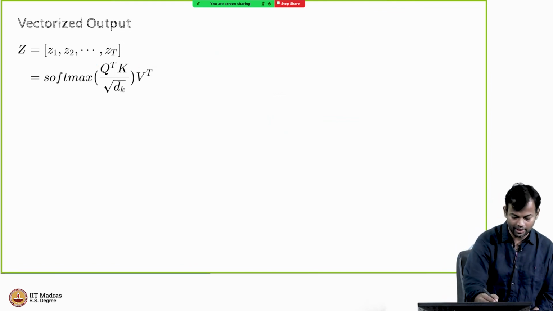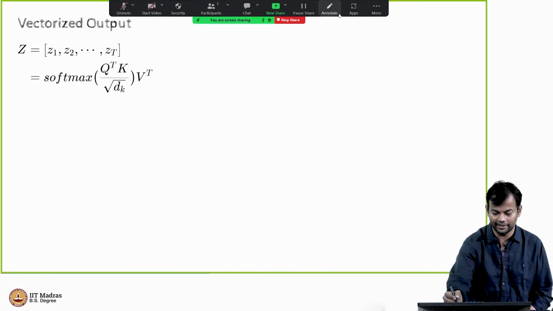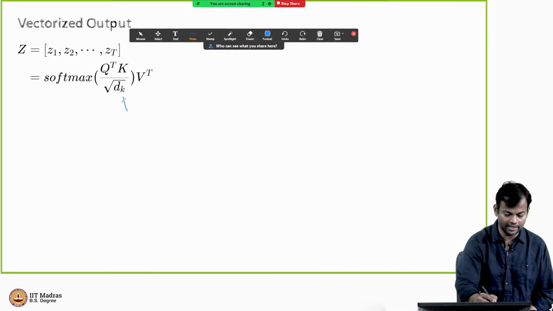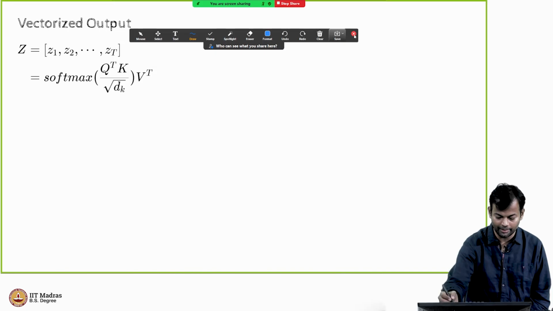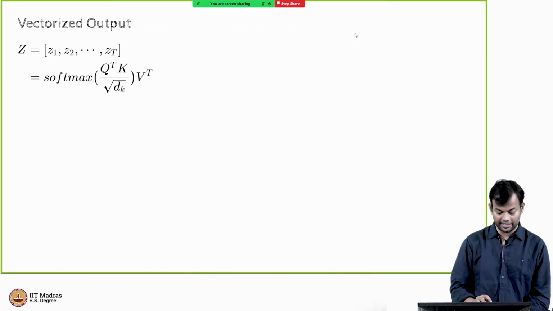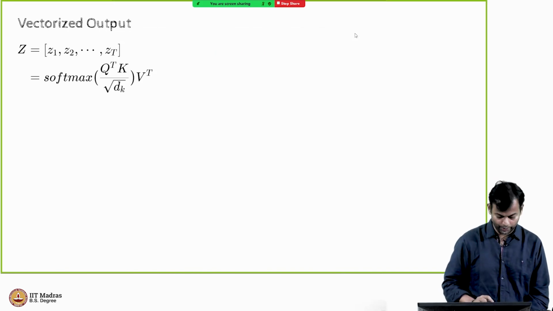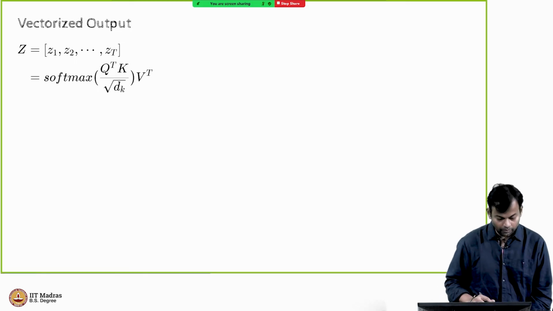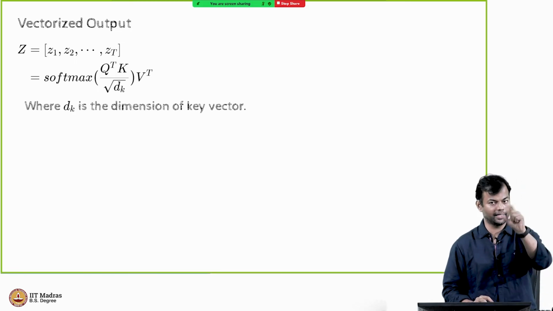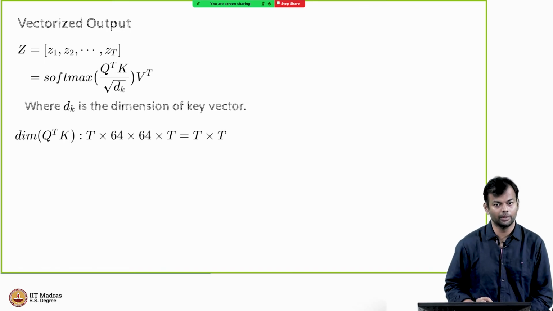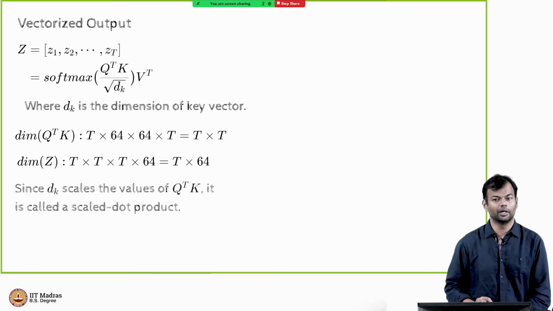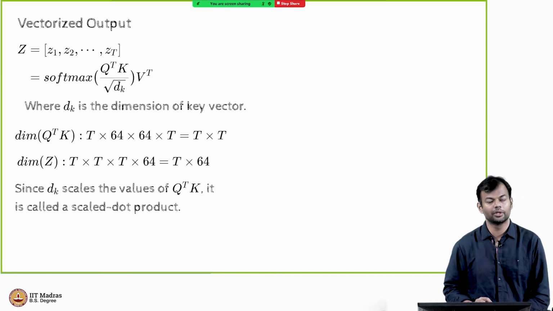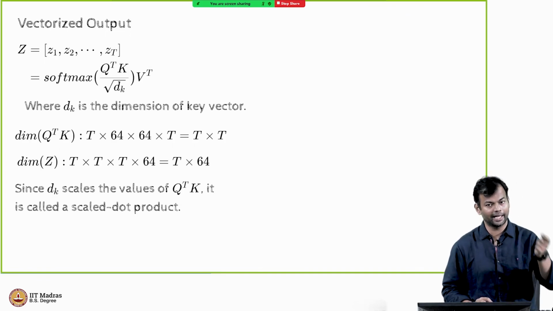And you see something here which is you're scaling it by the dimension, right? So this d was 64 in the examples that I had done. There is some justification for why you need to do that. I'll not go into it, but for all practical purposes, you're taking the dot product and then just scaling it by some value, right? So this is what the dimensions look like, as I had already explained. So you get all the capital T outputs, and since you're taking the dot product and then scaling it, this